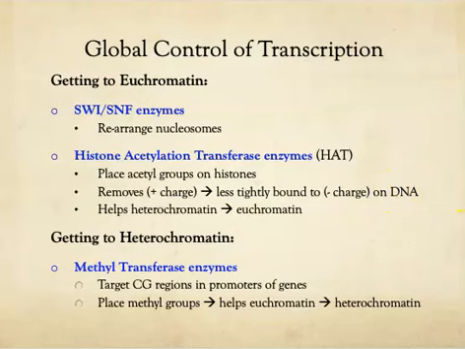Now, what if a cell needs the other thing to happen? What if a cell needs to take euchromatin and move it into heterochromatin? There's a different family of enzymes for that process, and that family are called methyl transferase enzymes. So these are enzymes that are going to add methyl groups to the DNA molecule, not to the histone proteins. These enzymes actually add methyl groups onto the DNA molecule, particularly in regions of the DNA where there's a lot